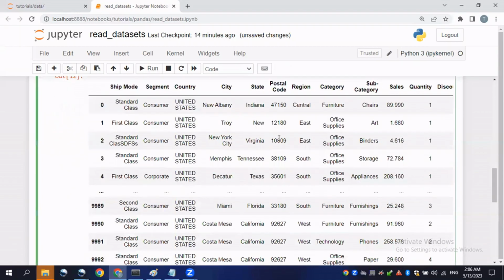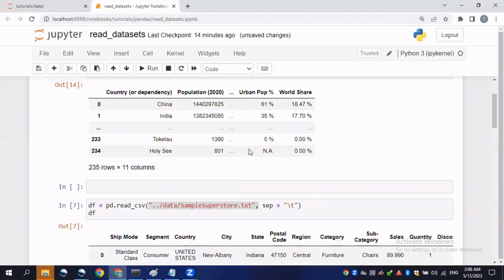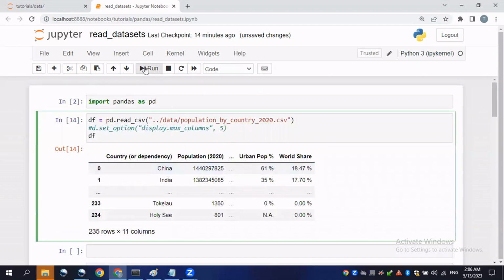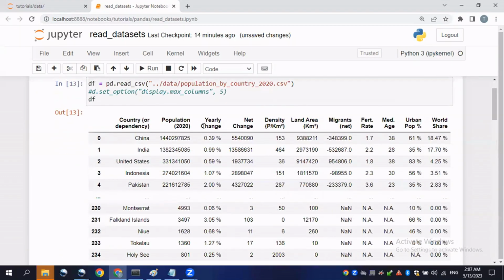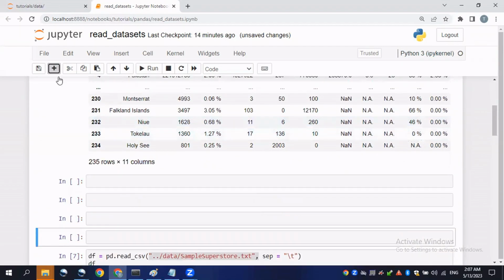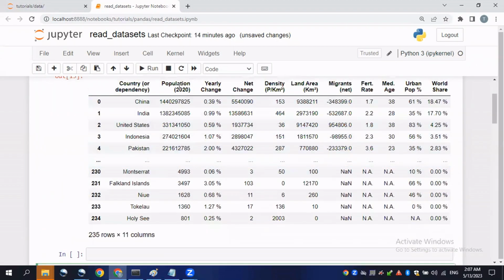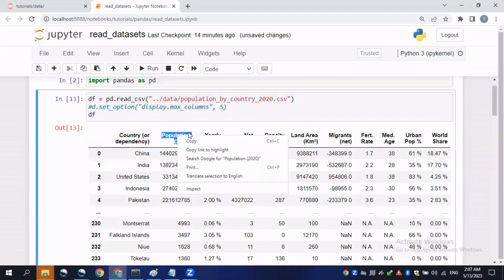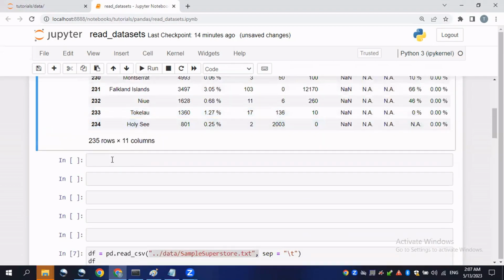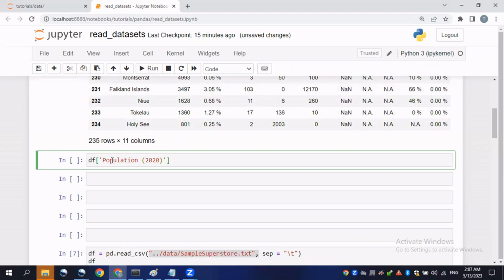Okay, sometimes we will need to convert. Let's run this data here. Sometimes we will have to change the data types of these numbers here. We haven't covered the data types, but I will just give an example of this. Let's see that I have this column called population 2020. I will copy it, and I will just want to check the data type of this column. In order to check it, I will access this column, and here I will just type in the dtype